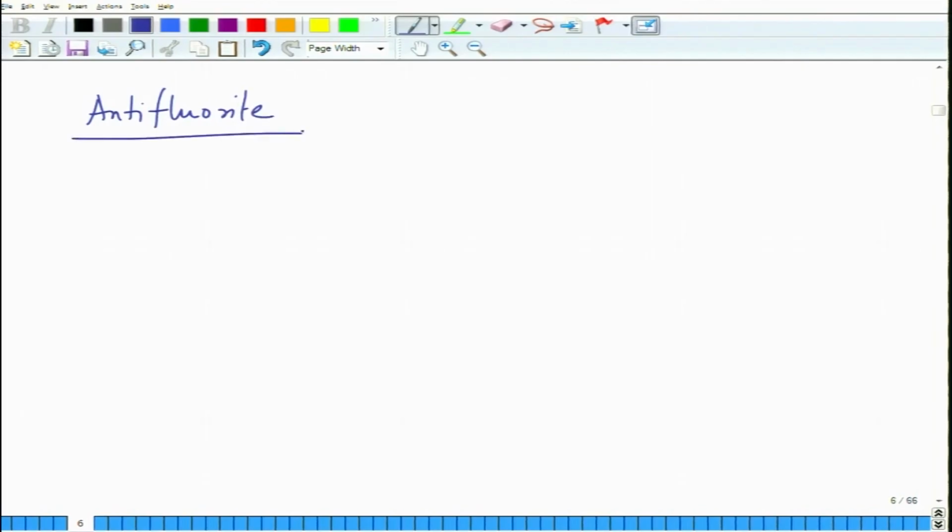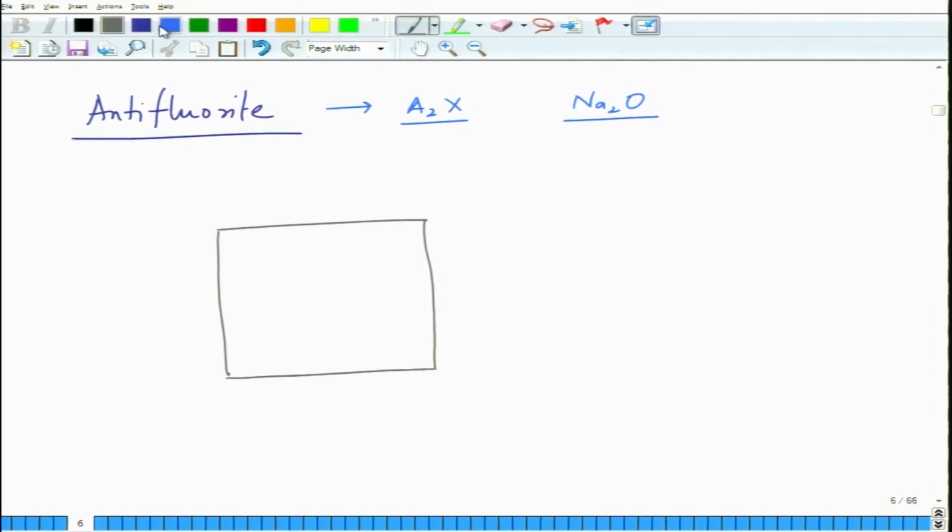So, I am just going to draw a top view there. So, antifluoride is basically, if CaF2 was AX2, this becomes A2X, okay, things like Na2O. These follow this structure which is opposite to what we saw there. So, if you have a unit cell, I am just going to draw a top view, 3D you can work out yourself, which we have drawn in case of the previous. So, in this case now,